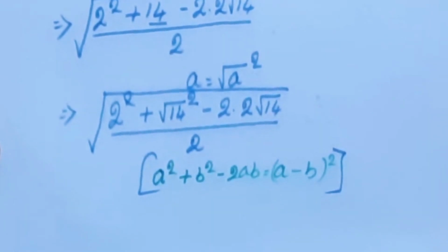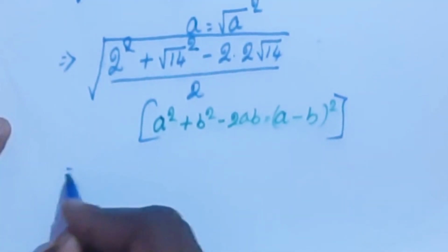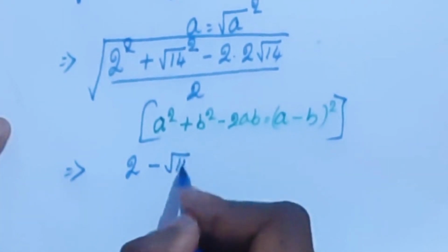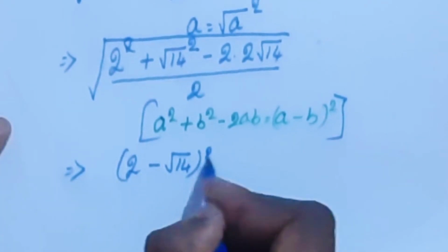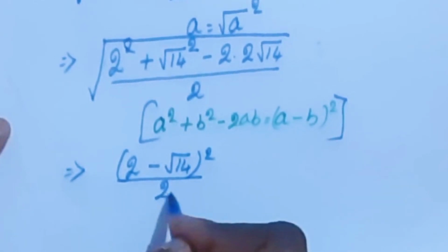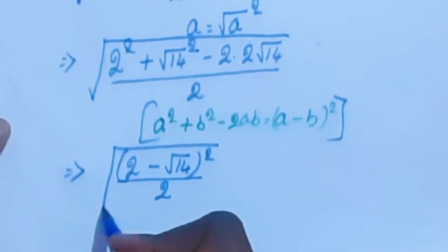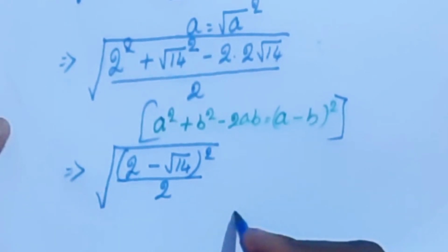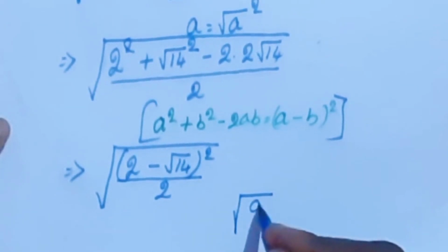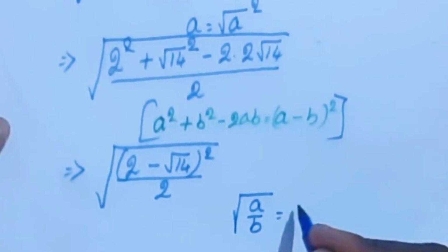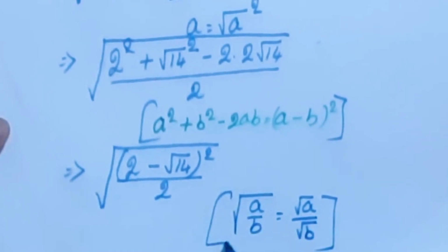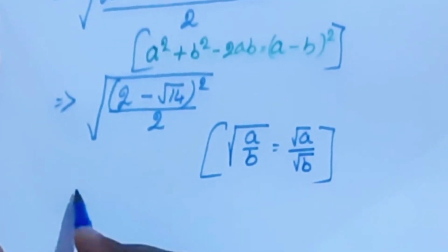So 2 minus square root of 14, whole square, divided by 2, in whole square root. Now here we are going to apply this formula: square root of A by B equals square root of A by square root of B. This we are going to apply here. So we'll get here